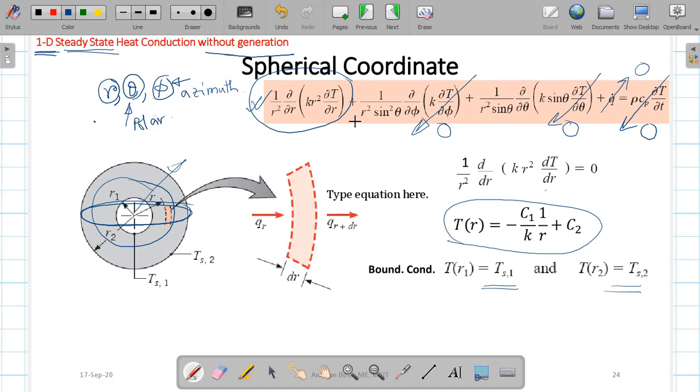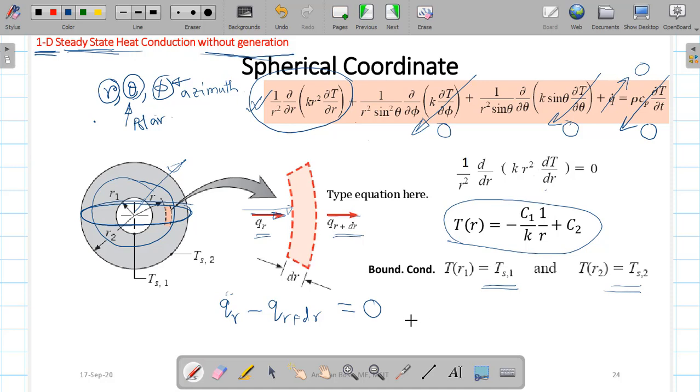If you do not want to come to the most general equation, as we have not derived it, you can consider a very small part of it, and consider the rate of heat coming in at the location r as Qr, and going out as Qr plus dr. Using the Taylor series expansion truncated up to one term, you will get Qr minus Qr plus dr, which is E dot in minus E dot out, equal to 0 under conditions like steady state and without any heat generation.